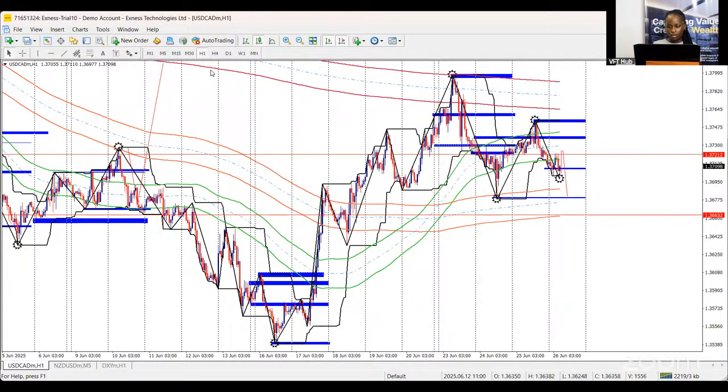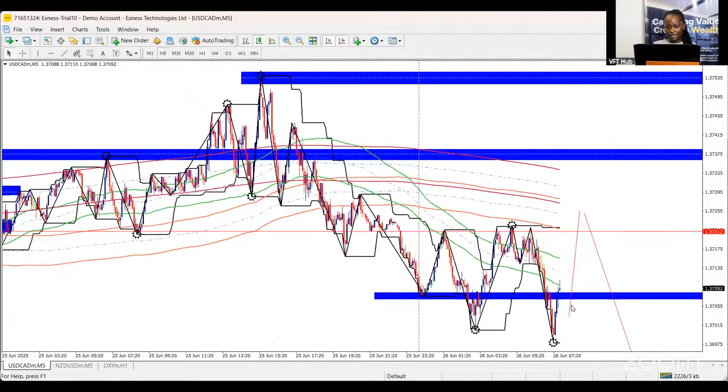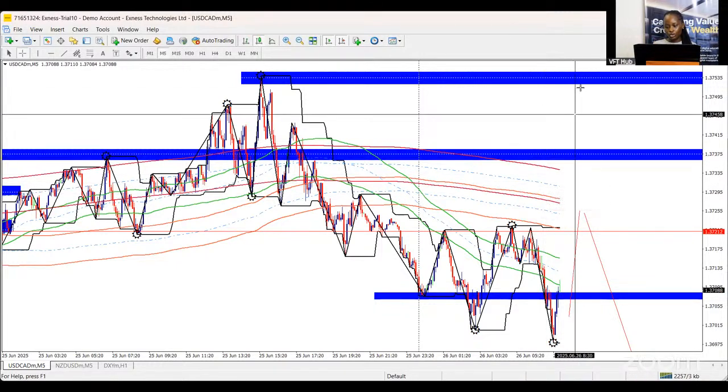So I already called out the level points we're watching out for on each one. We said price could continue selling, and if it's going to retrace, that's a temporary buyback. This is the first retracement point we're looking out for, and that is 1.37077. That's the first level. But if price violates this zone, it's coming back to the pullback because this indicator acts as a magnet that draws price, and this is our trend indicator. So it's either it comes here, which is 1.37248, or it comes all the way here, 1.37304. And if these two levels don't hold, that's why we have multiple POIs. If this does not hold and this does not hold, we know what levels would hold.